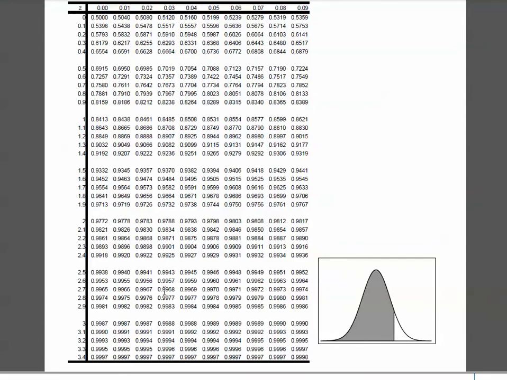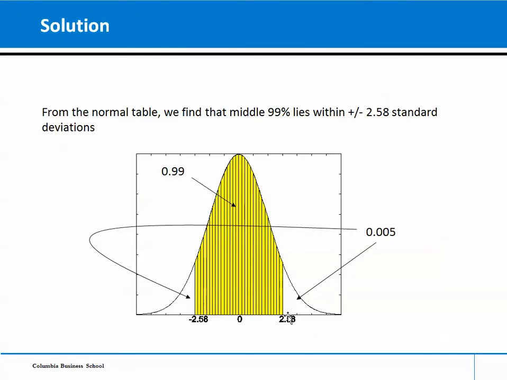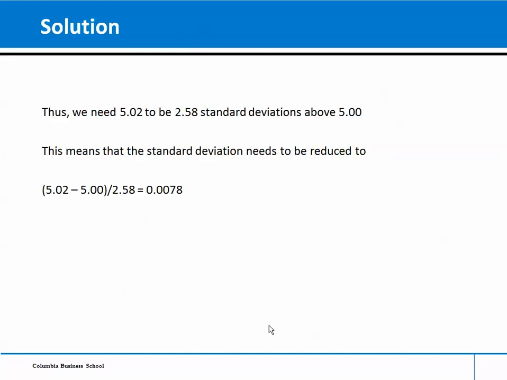So we're going to go to the normal table, and now we're looking in the inside of the table rather than the outside, and we're looking for 99.5% of the distribution, and we get to it right about there at 0.9951, and that corresponds to 2.58. So 2.58 gives us 99.5% of the distribution. Okay, and that's why I've got 2.58 there. So under any normal distribution, 99% lies within plus or minus 2.58,